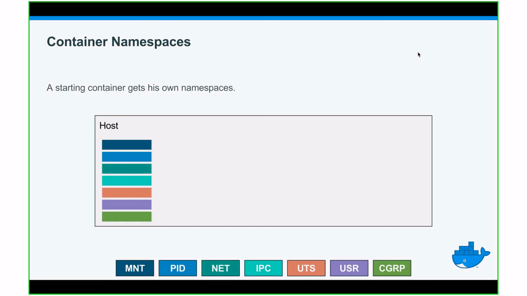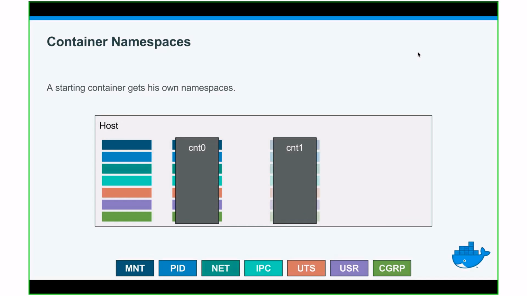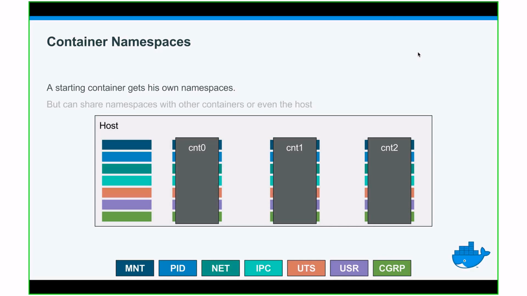A host also has its own namespaces. And if you create a container, by default it will get all these namespaces for itself. So we have 3 containers here, and each has its own namespaces. And this feels like a virtual machine, right? Even though it's not, but it feels like it. But where this thinking of a virtual machine breaks, and you can confuse people with this, because it's not really doable in a virtual machine or traditional virtualization, is that you can share namespaces. So I could create a container that reuses the namespace of the host, and I could also create a container that reuses the namespace of another container. And where is this used?